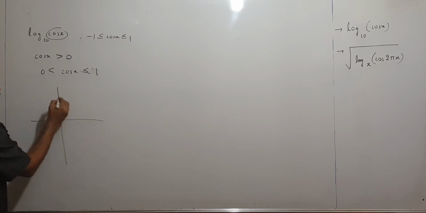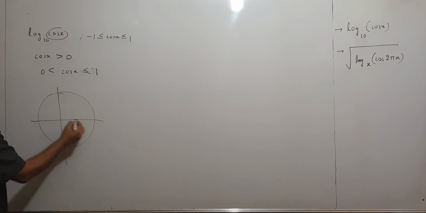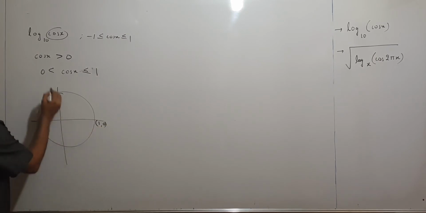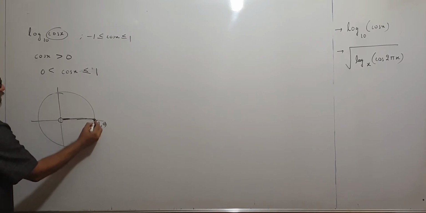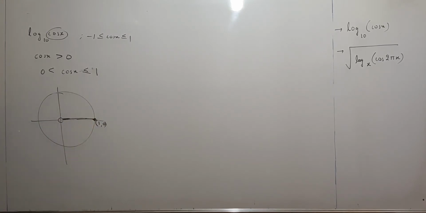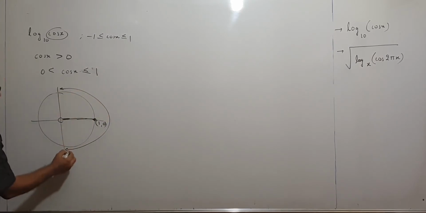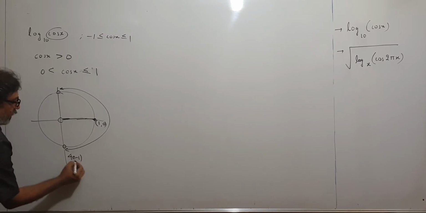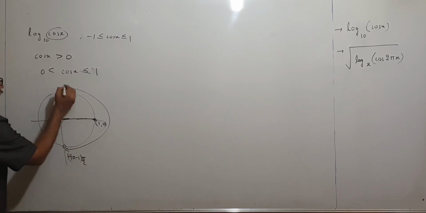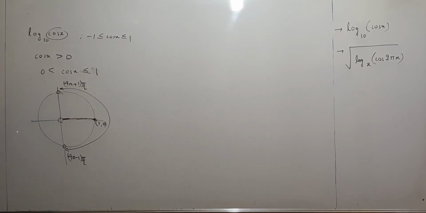See, this is a unit circle. I taught you in class 11. This is cos x on the x axis. This is the point (1, 0). So cos x is over here, not including this point, but including all these points. Less than or equal to 1. So where can x be? X can be on all these points, excluding this point and this point, because at these points it will become 0. This is the point (4n minus 1) pi by 2, and this is the point (4n plus 1) pi by 2. That also you know.